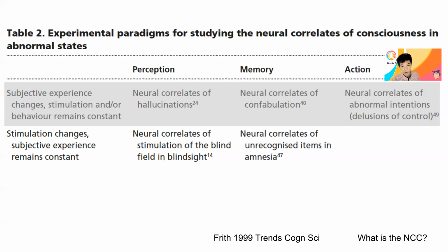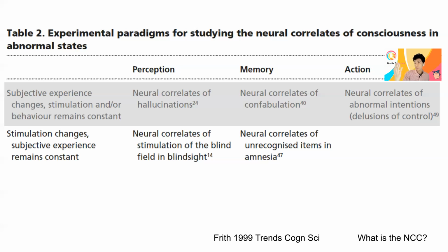And then neural correlates of unrecognized items in amnesia. That's basically the same idea, but in the memory domain. But you can study that in amnesic patients as well. So here, the stimulus is, let's say, the most important person in your life, like your partner and so on. But then, because they are amnesic, they say, no, I don't understand this person or whatever. But compared to that particular person, if this amnesic patient is shown a different person's face, like a completely unknown face, then my body may not react at all.